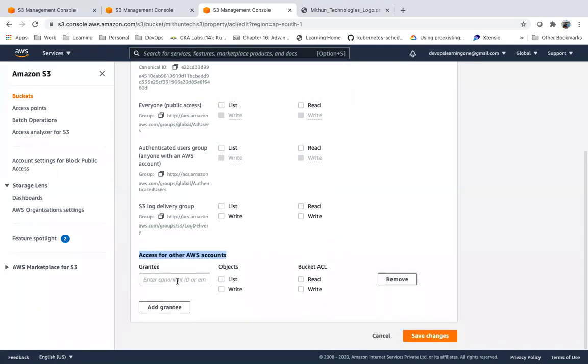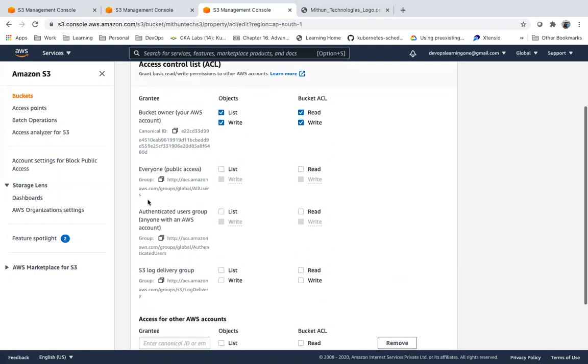I can give another AWS account ID and give permissions like read permissions, write permissions. So the other AWS account can also manage this S3 bucket. So using ACL, I can give permissions to the S3 bucket.